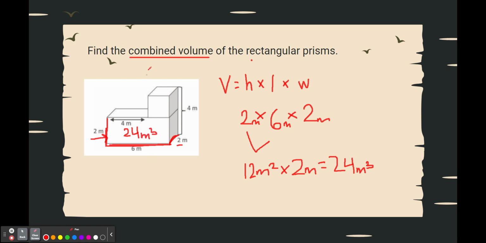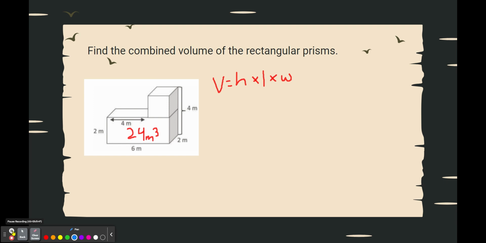Now let's go ahead and find the volume of the top portion over here. Okay, so let's see if we can find the height of this rectangular prism on the top. So we have to find the height. Now, we don't have any measurements for the height. What we do have is this long portion right here, right? And it's saying that whole thing,